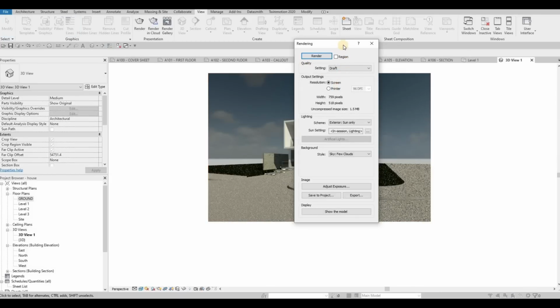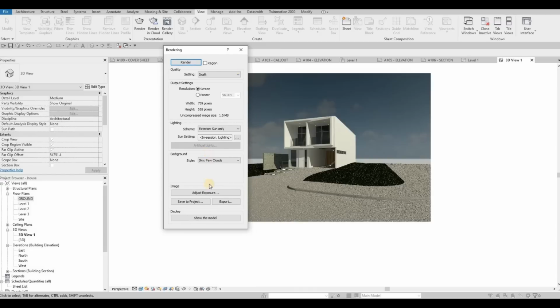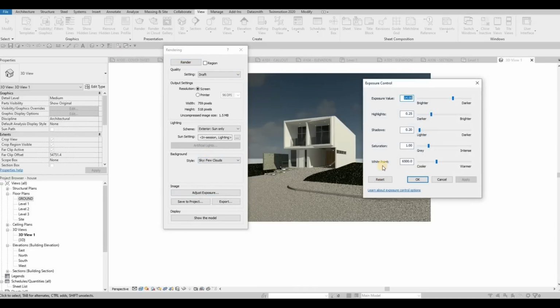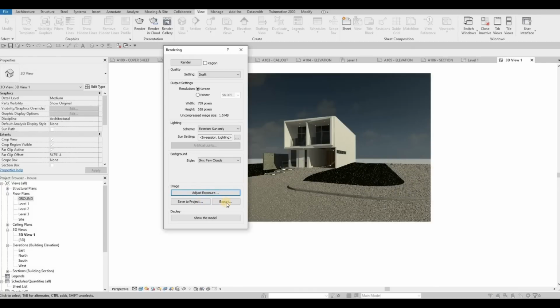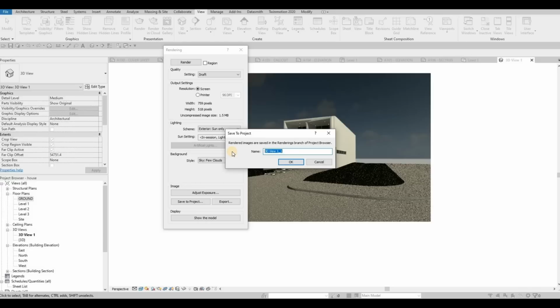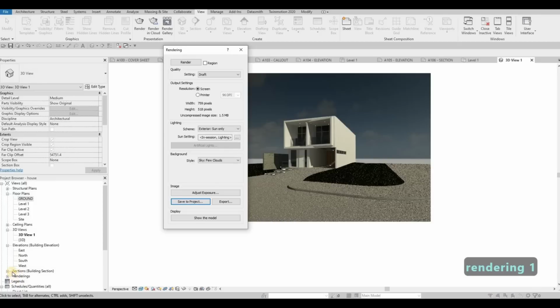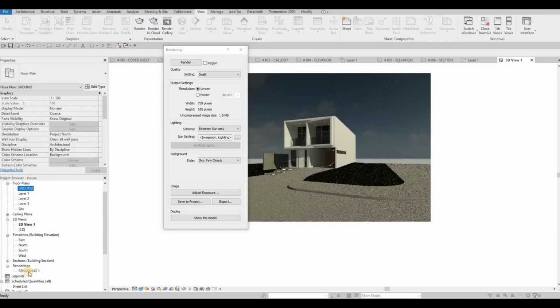And then once it's done, before you do some changes, you can adjust the controls of the exposure. So if you want to make it a little bit darker, the highlights, shadows, you can change it from here, warmer. So as you can see, you change, and then you can export it or save it to your project. So once we save that, rendering 1, we will have something right here. So press OK. We have rendering, and then this is our